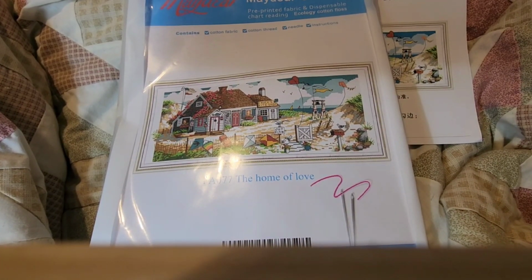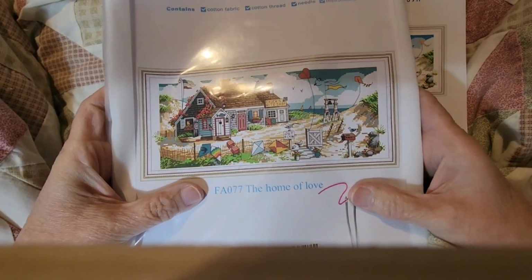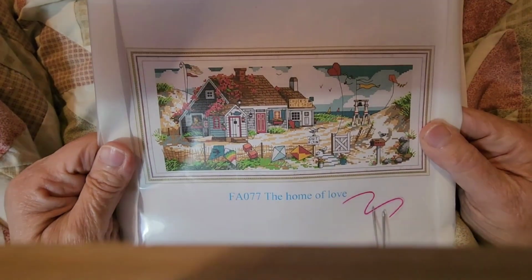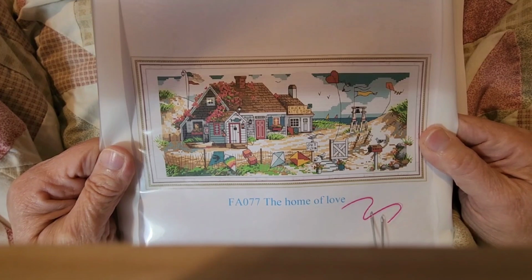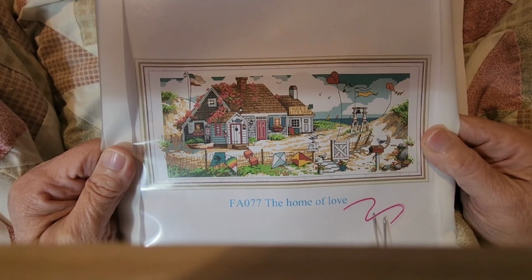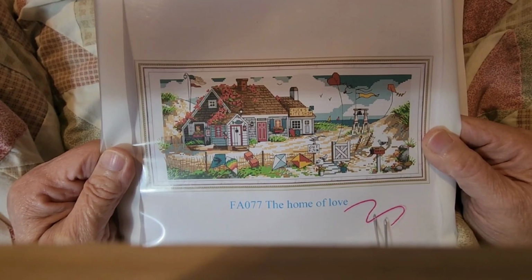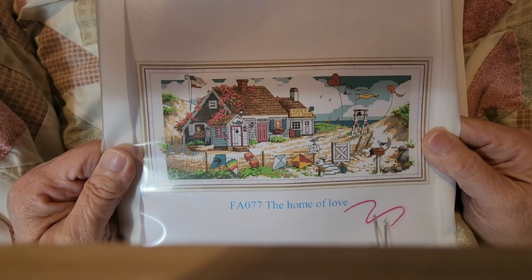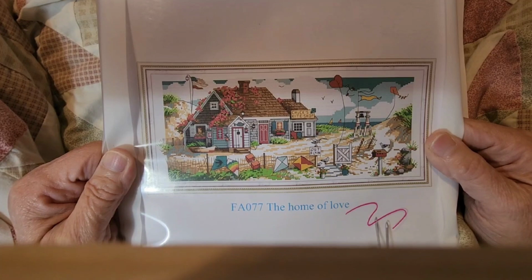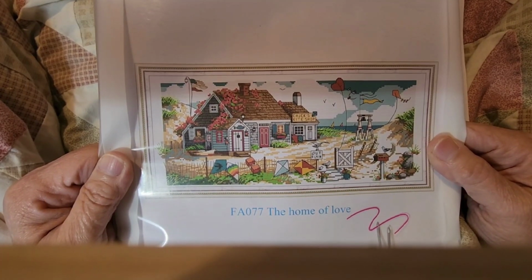Today I'm doing another stitch with me, and it will be this May Deer. It's called the Home of Love, and it's also in honor of Diamond Grandma's hashtag Show Me Your Flag 23. She is doing this with a co-host, V from Crafting with V. And this month she just wants to see your crafts that have something to do with where you are from